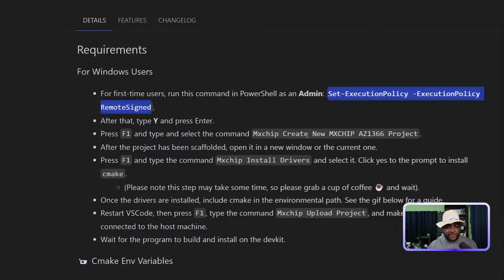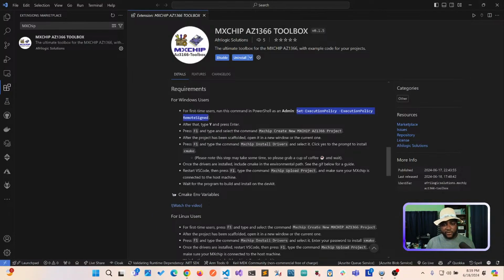So we're going to set this up, and then we'll go through the process. What you're going to appreciate about this is that we've made it as easy as just calling the Visual Studio Code command and then just selecting it. So we'll first create a new project, and then once it's done, we will run the install drivers, and then when we are done, we'll connect. We're going to make sure that we've connected to our board, and then we'll run the upload. So first things first, after you have the extension installed,